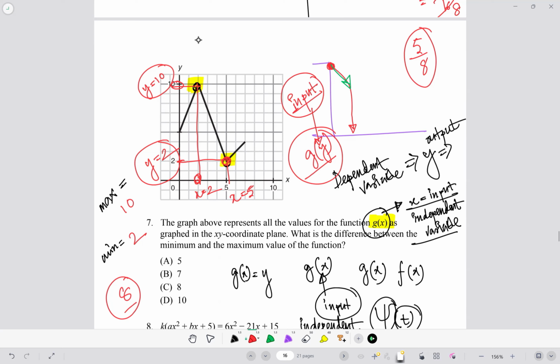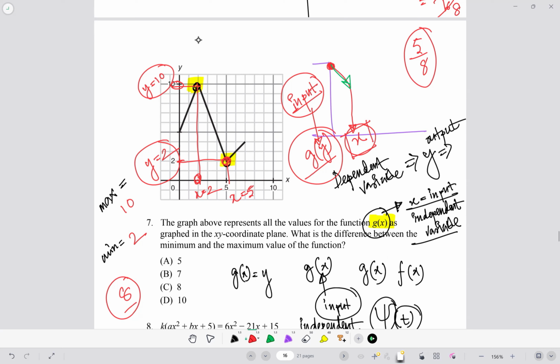And y is the independent variable in that case, and the dependent variable is x. But that's not technically possible, because, as I have already mentioned to you, that